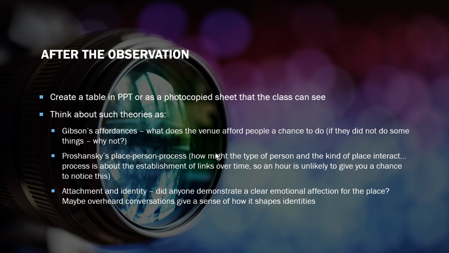Now, we quite briefly touched on Gibson's affordances in class just before the librarians came along. So to recap that, Gibson's argument is that not only humans but all sorts of other animals make use of places. They go to specific places in the belief that they will be able to utilize those places in ways they want. So they may go to a particular river because they know there's always water there and the water's fresh and they can drink it safely without getting horrible diseases or getting eaten by a crocodile or something melodramatic.